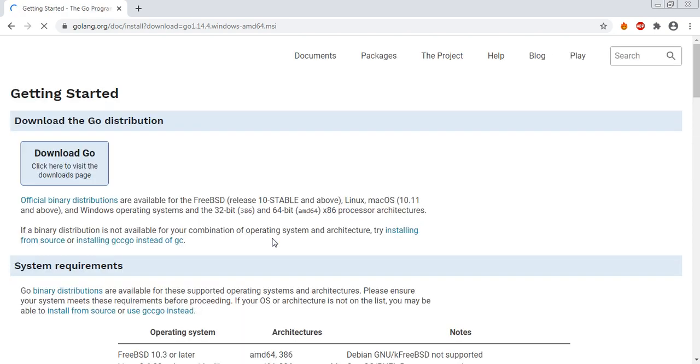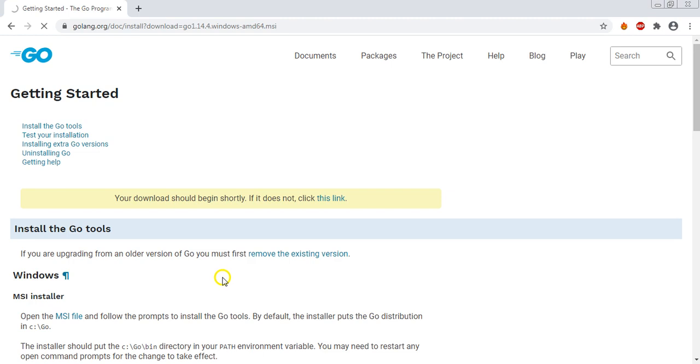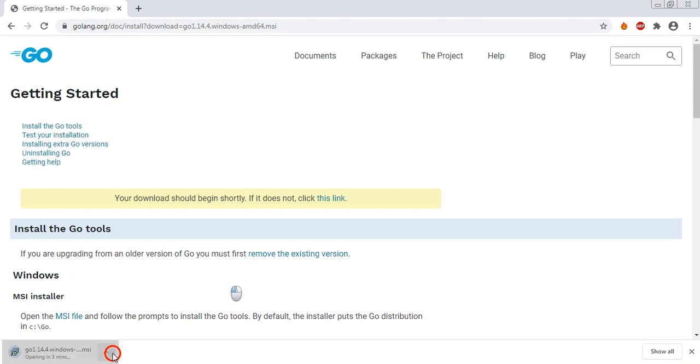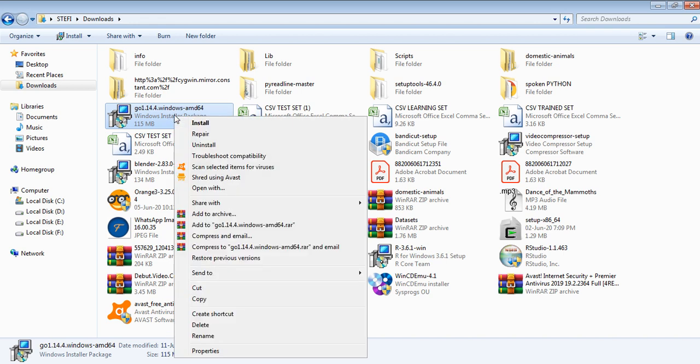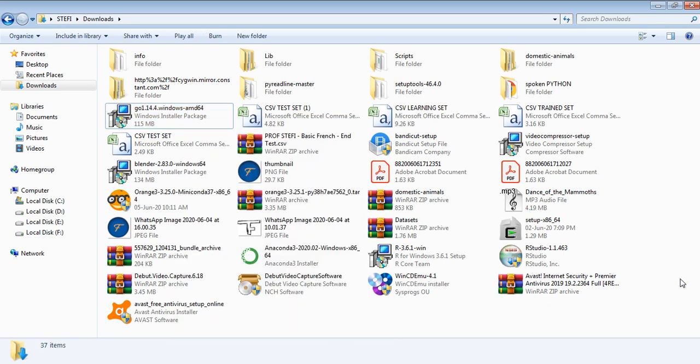Okay, so once it is installed, yeah, I am trying to cancel this one because I've already installed it, and my installer is over here in the downloads folder. It is going to be wherever your default download location is. All that you need to do is a typical installation. You need to right click and install it. Once the installation goes to the end, it will be installed.